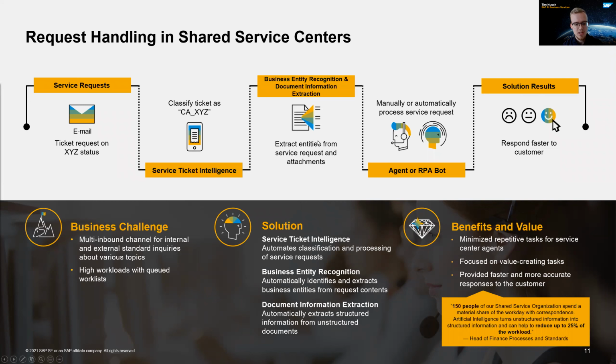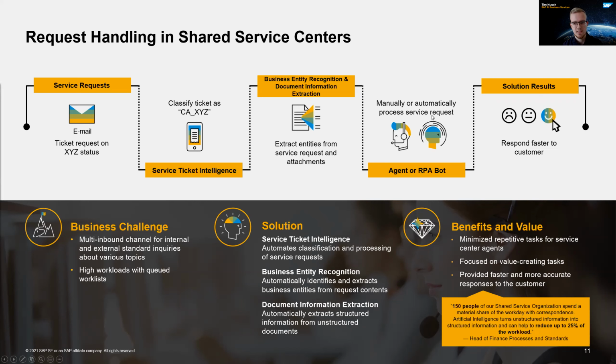The extracted information can then be used to either support the shared service center agent, or even to fully automate the service request, for example, via an RPA bot who can automatically respond to